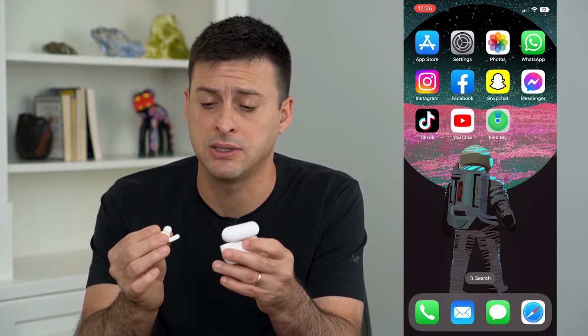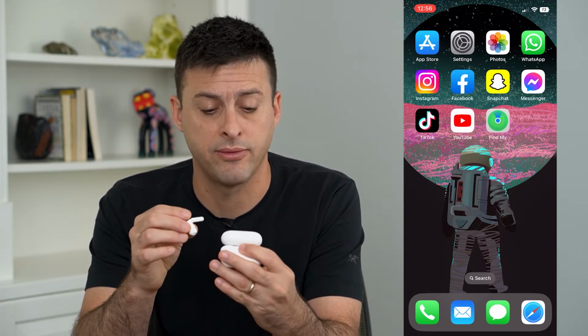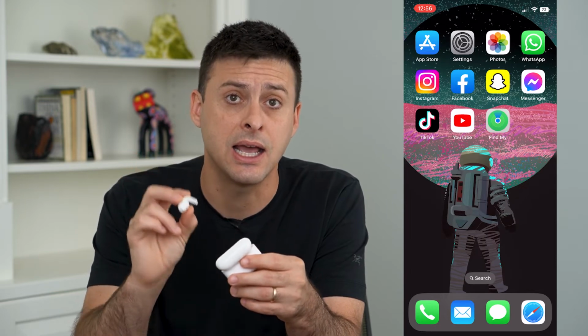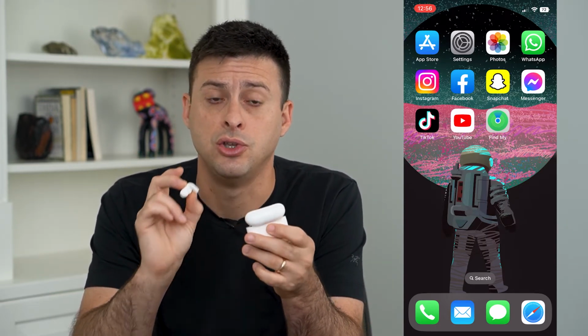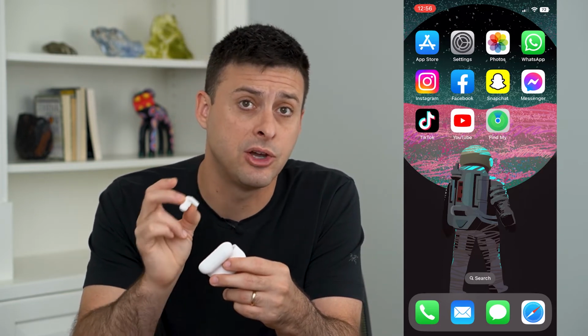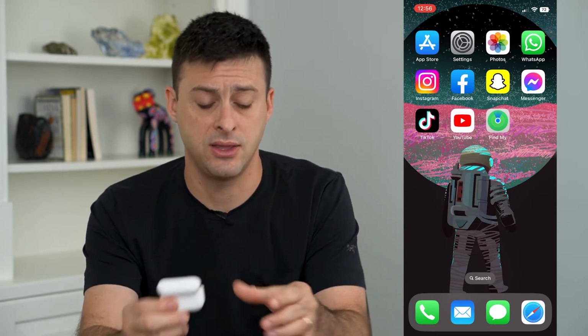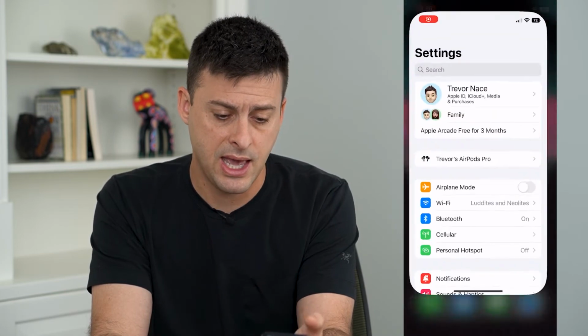Get a Q-tip, get something to clean both your left and your right one off. Make sure that that can connect to there, because that is how your case will charge your specific AirPods. So if one of them is all gunked up, then it could be causing it to not be able to charge. Now, once you've done that, the next step that we'll do is get into our iPhone here,